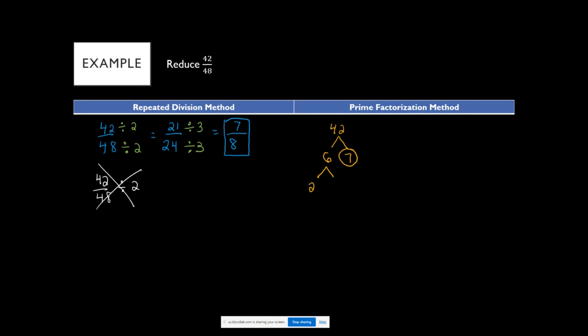And then 6 you can split up as 2 times 3, and 2 and 3 are prime numbers. And then once everything's circled, you can't split it up any further, you're done. And then you go to the next one,